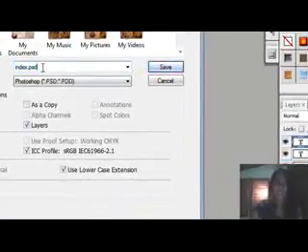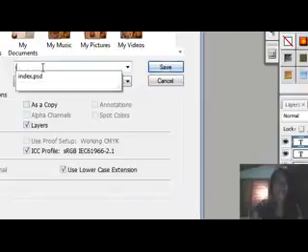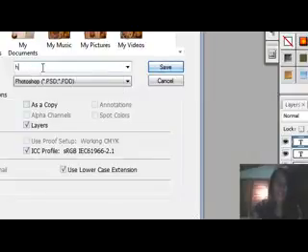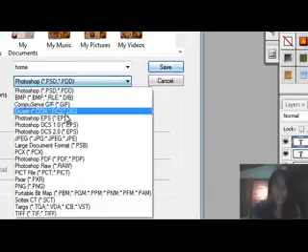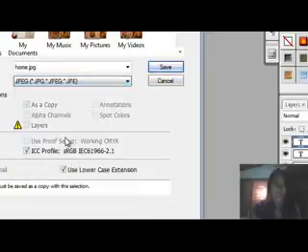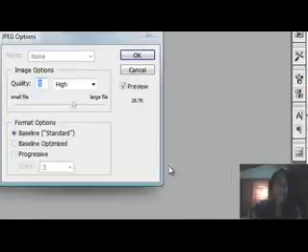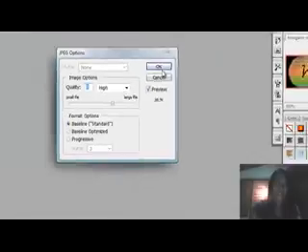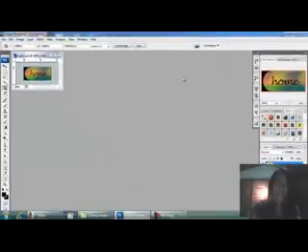I'm going to file name as home. Then choose the JPEG for the web CSS. Then click save. Then okay. Then for the content in videos,